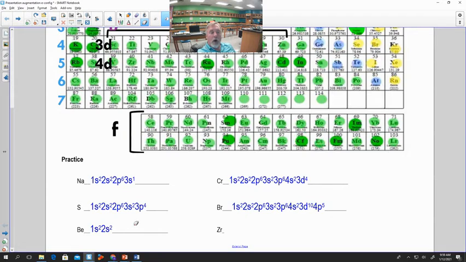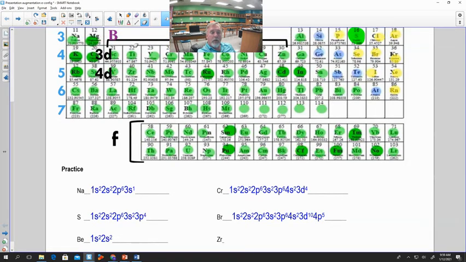Zirconium's going to be a really long one. Here's where zirconium is over here. What I want you to see here is it's going to be similar to bromine. Bromine was one row above it, so we can almost start with our bromine when we're doing our zirconium. So I'm going to do all the full rows from our bromine, 3d. But whereas bromine did not fill our 4p, zirconium does, so we have our 4p6.